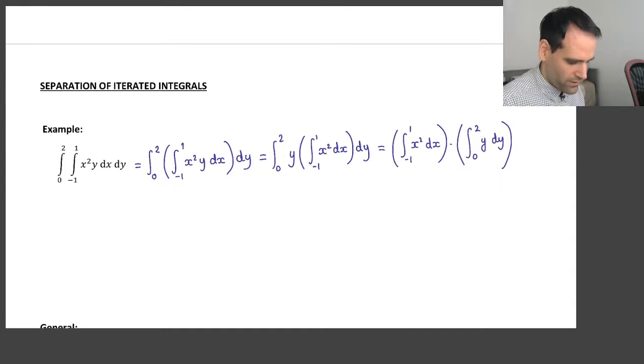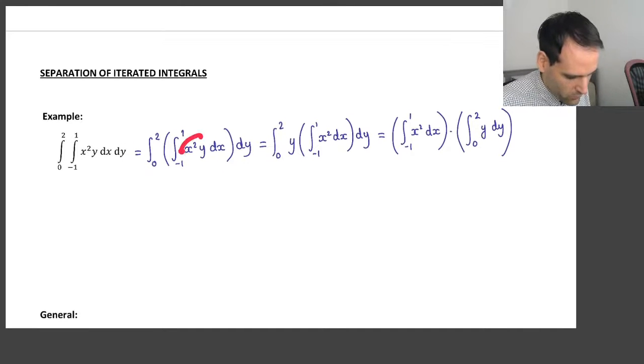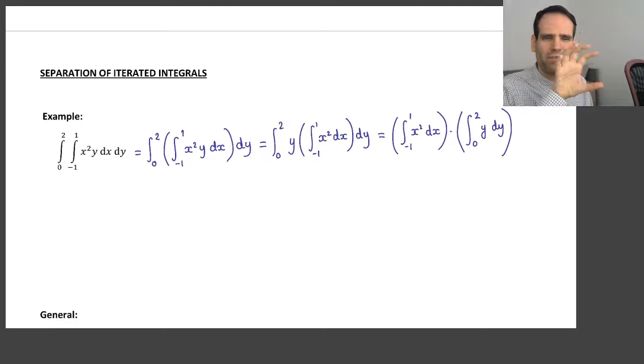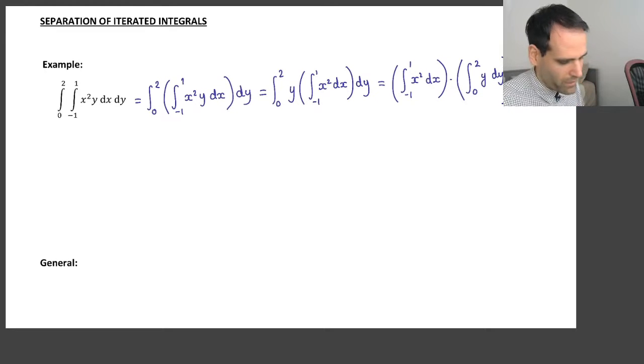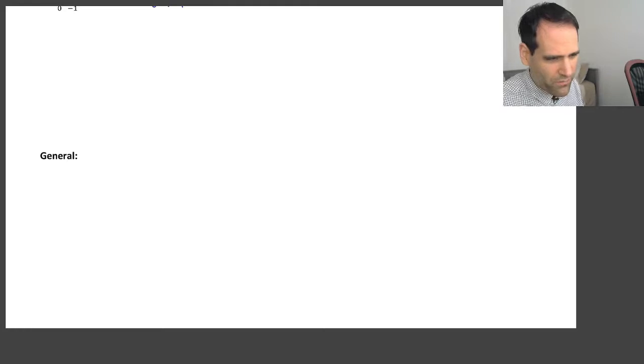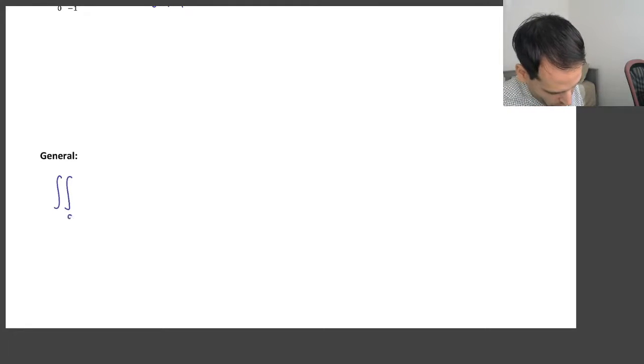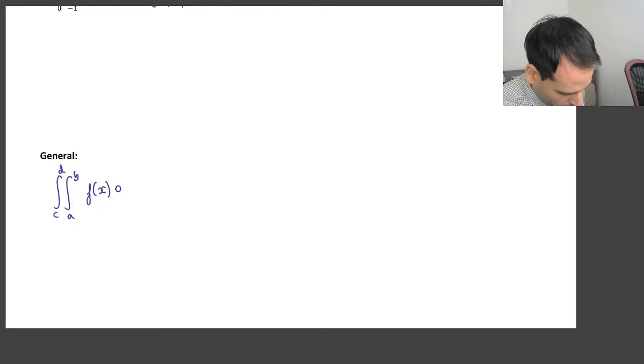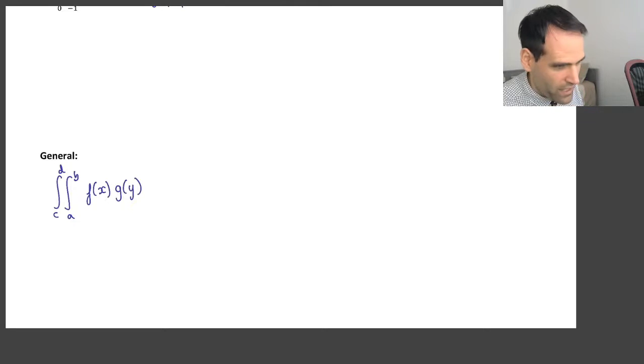Why could we do this? Well, we could do this because the integrand was the product of a function of x times a function of y. We cannot always do this. So let me write explicitly when we can do this and when we can't. In general, if you have an integral between a and b and between c and d of f of x times g of y dx dy,